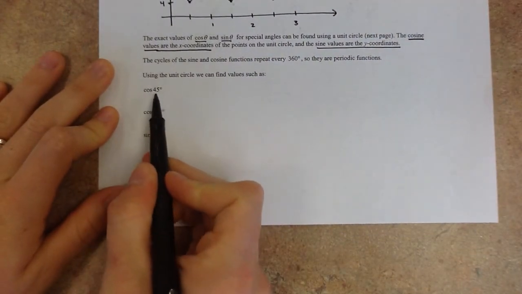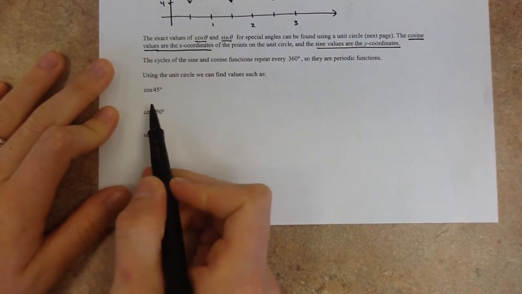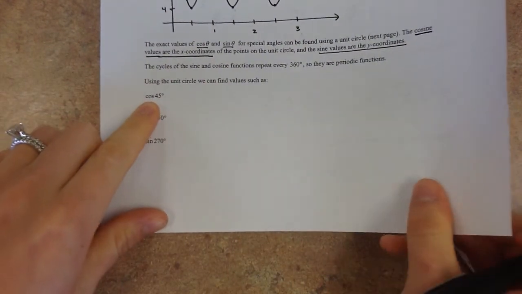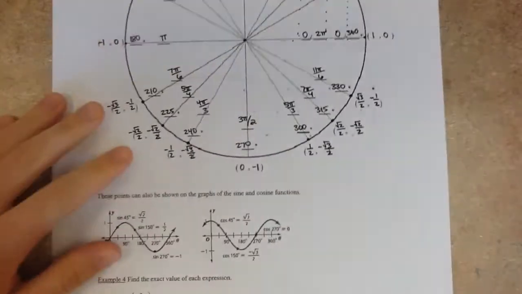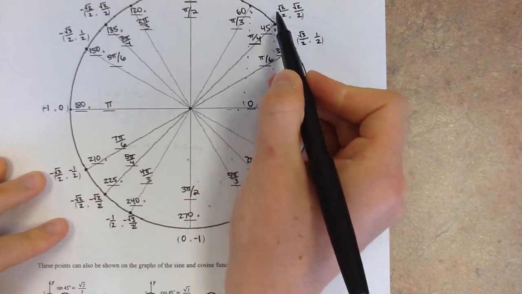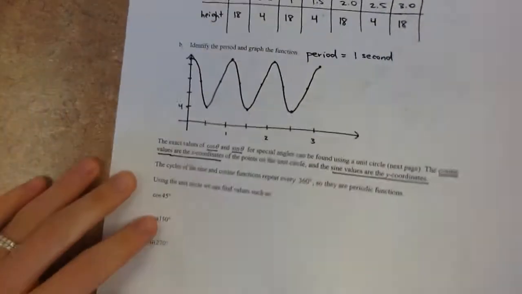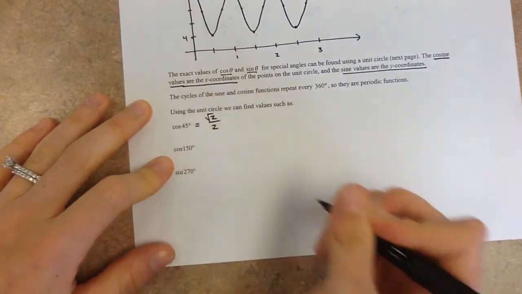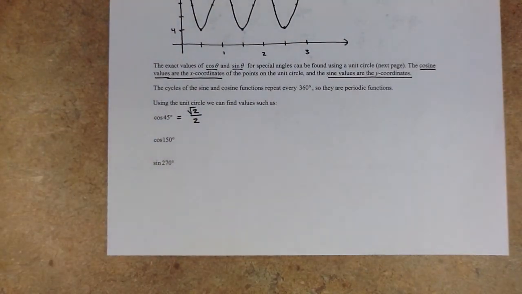Using the unit circle, cosine of 45, that was one of the things that was on your chart that you had. Maybe you have it memorized, maybe not, but you can get it right off of the unit circle. So you find the 45-degree angle, and cosine is just the x value. It's as simple as that. So it's root 2 over 2. And that was something that was on your chart before, but now, if you understand how to use the unit circle,